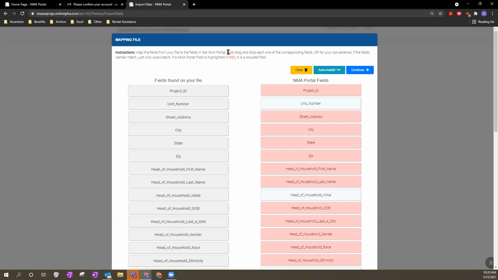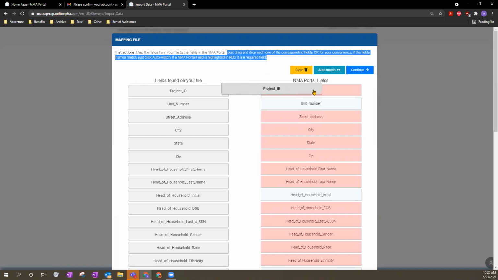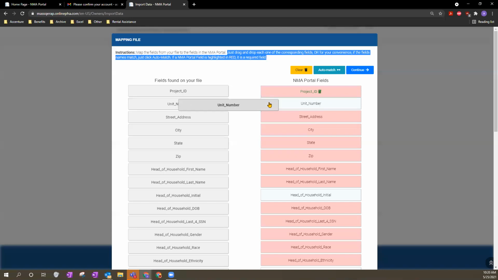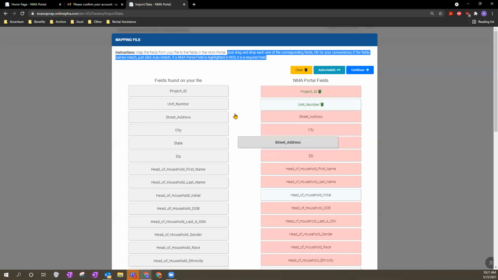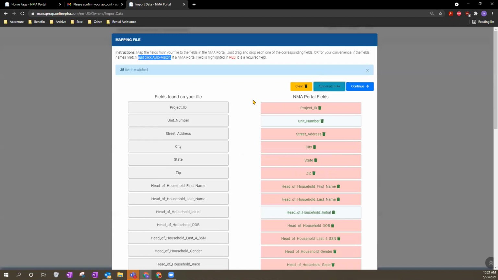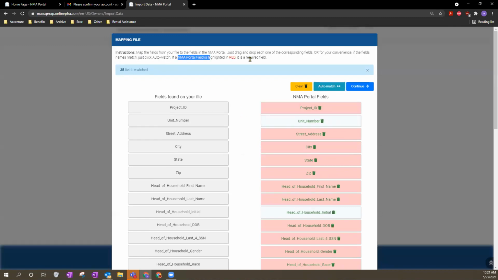So if they didn't match each other for any reason, you would have to click and drag and drop to associate the correct columns. So Andres is going to show how that works. You just choose any header that you want and then drop it to wherever you need. So it's a little bit of a manual process. Now, fortunately, if you use the actual template itself, you can click this auto match button. And you can see it just associates everything because all of the names are directly next to each other